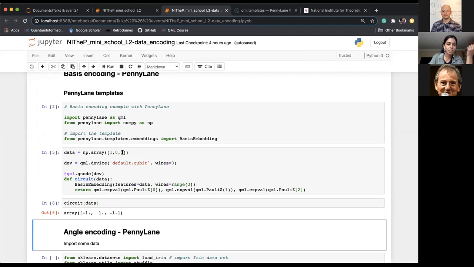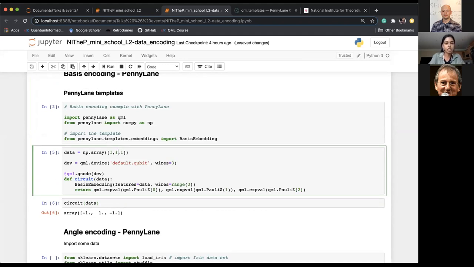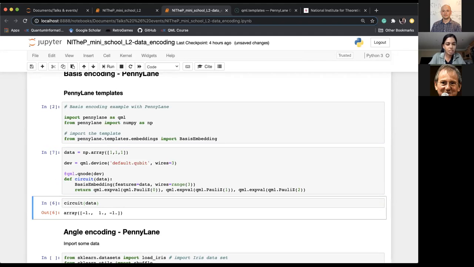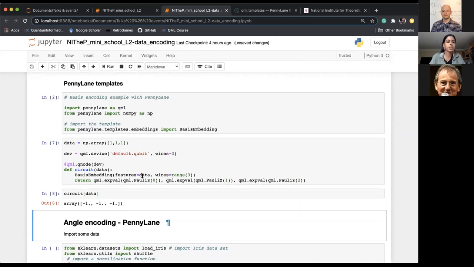And then lastly, -1, which corresponds to 1. So it is doing what we think it's doing. If we had to change this to all 1s, for example, then we should see sigma z expectation values all equal to -1. And we do. So yeah, it's trivial, but it is possible to nicely encode some data using this basis embedding function